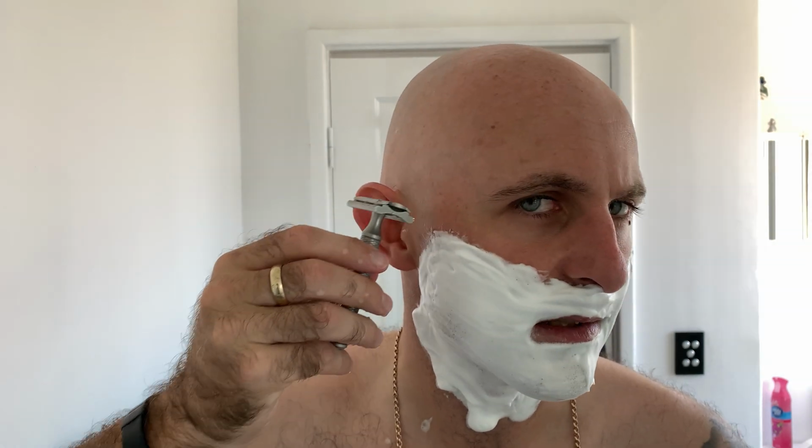Now, one thing I love about the leaf razor is it's quick. Now I can shave pretty quick with a safety razor now, but I still got to concentrate more. It takes a little bit longer because you've got one blade. It doesn't take down the hair as quick. But yeah, what I'm going to do today is just do my usual 3 pass. I was just going to do a 2 pass, but